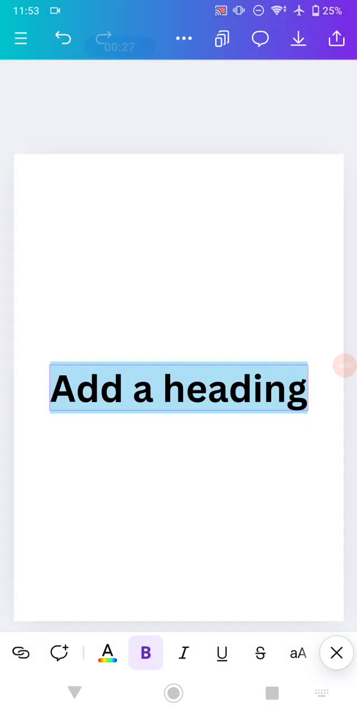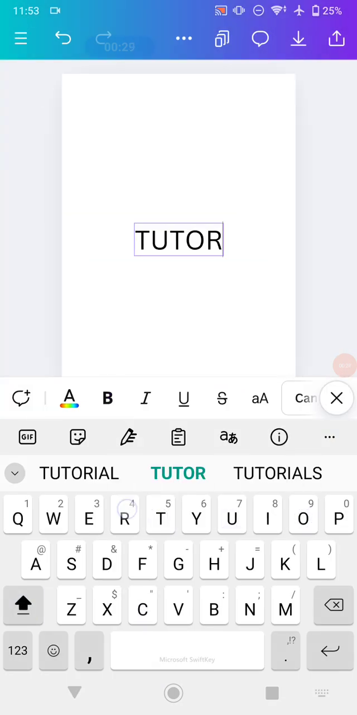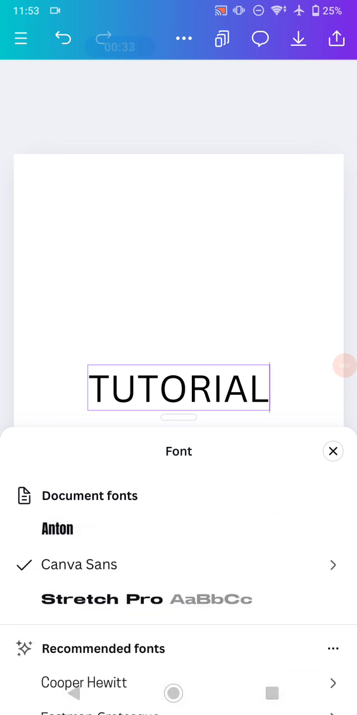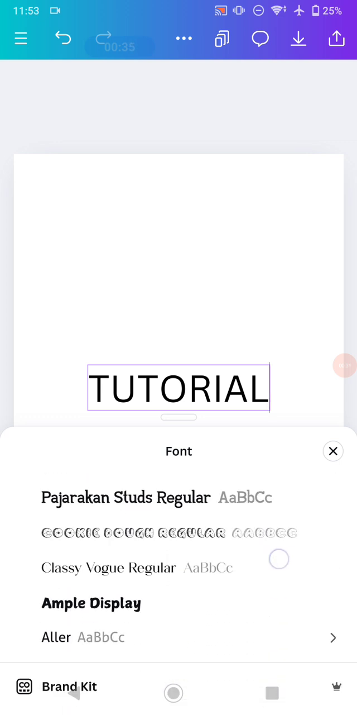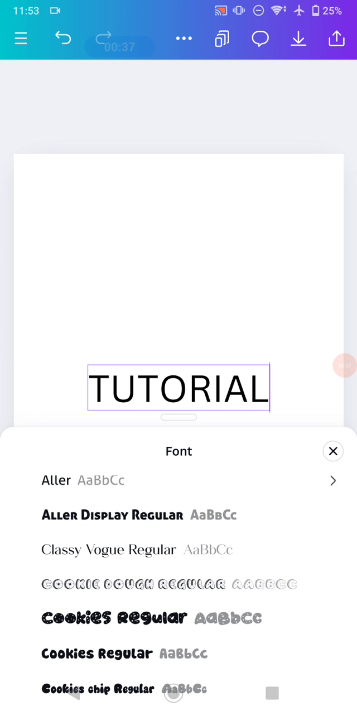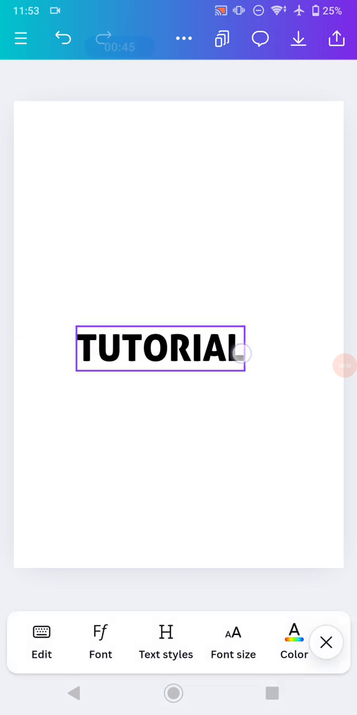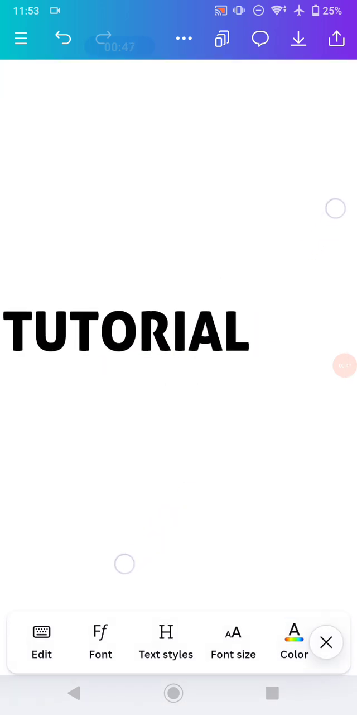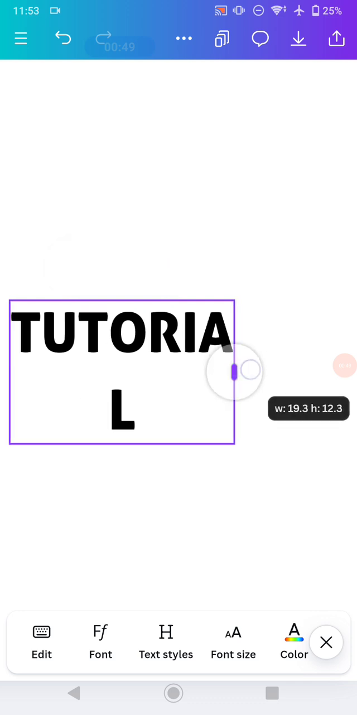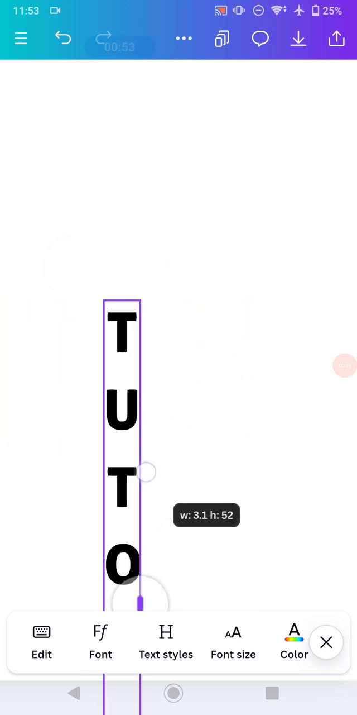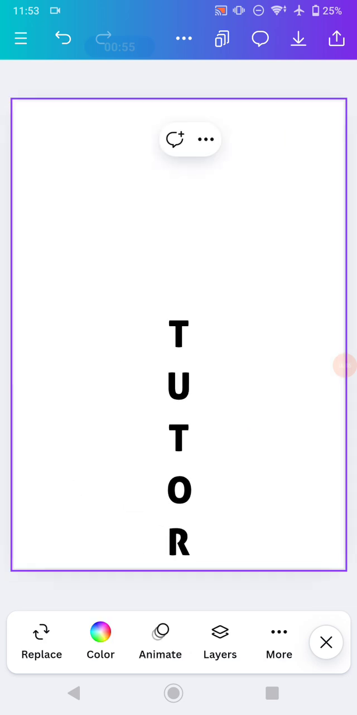So for example, I'm adding, maybe I will just type this text, and you need to change the font of it to the font that you want to use. For me, I'm just going to use maybe this font. Okay, when you're done, just change the font. You just need to drag this white spot onto the left side like this, until the text has this